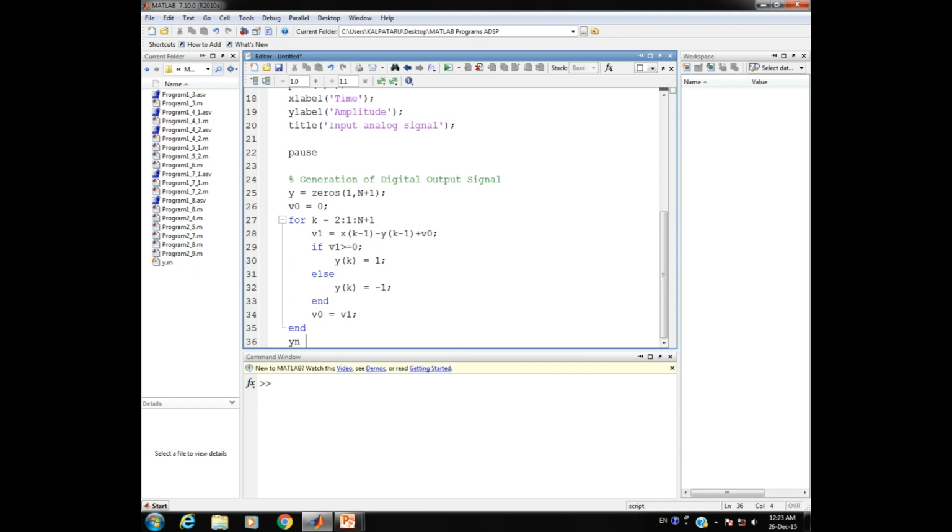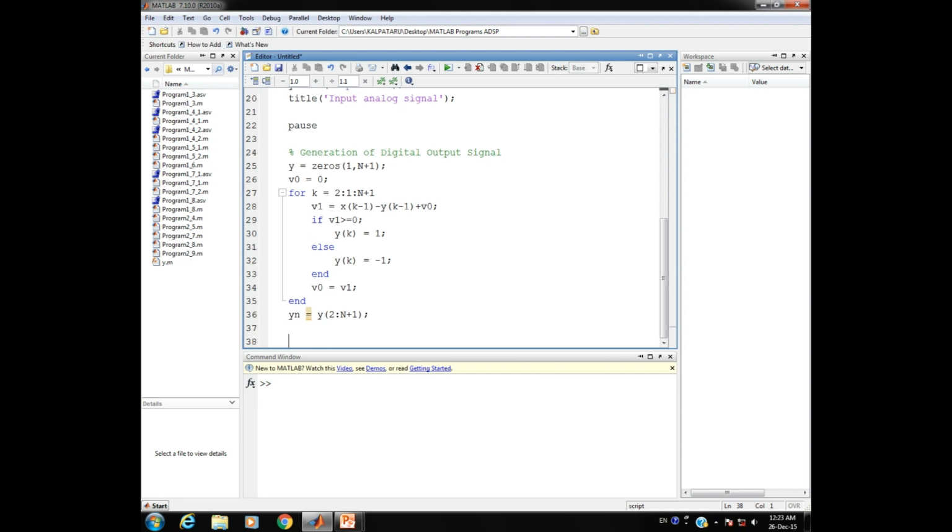Now in general the output can be denoted by yn, which is equal to y of, inside I just start at 2 up to capital N plus 1, ending with a semicolon. Now this is the digital output signal, and we have to display it.